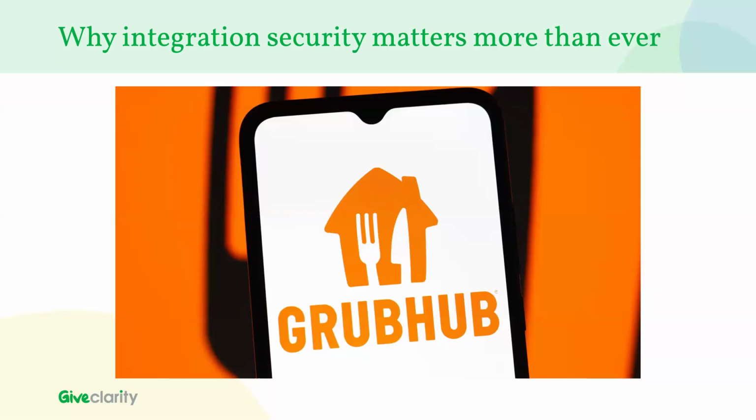The Grubhub breach appears to have happened quite a lot later, a few months later, and I think the general understanding is that the tokens that were associated with that Drift app were actually used some time after it was publicly known that those had been compromised. So effectively it seems like it was an avoidable incident, in the sense that if the steps had been taken to lock down the access to the app, and we'll see in a moment how to do that, that breach could have been prevented.